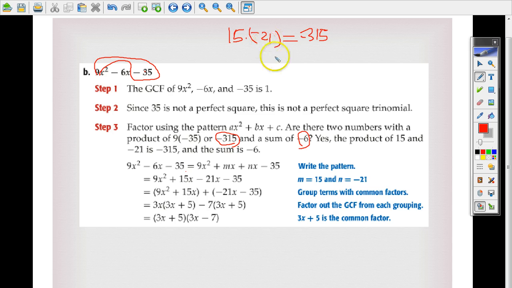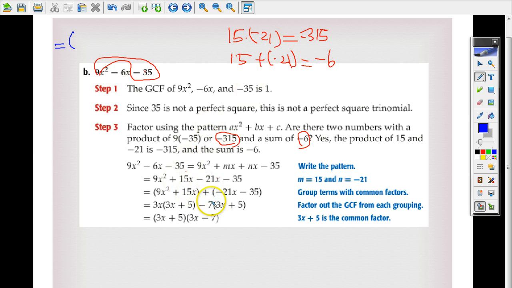And when you add these two numbers, 15 plus negative 21, that does in fact equal negative 6. So those are the two numbers that we're looking for. That means this here is going to equal, here we go,